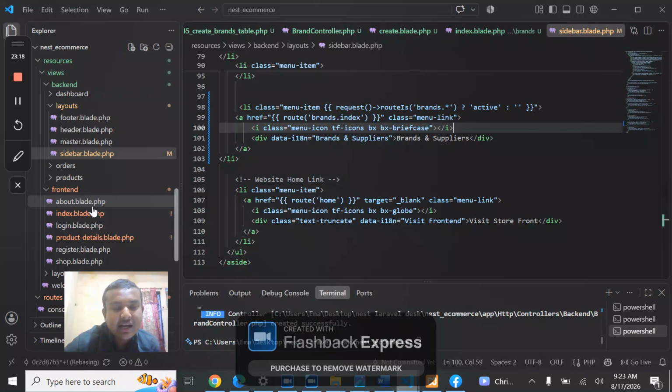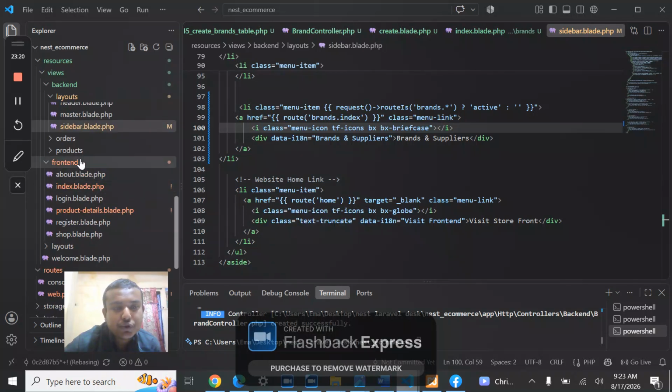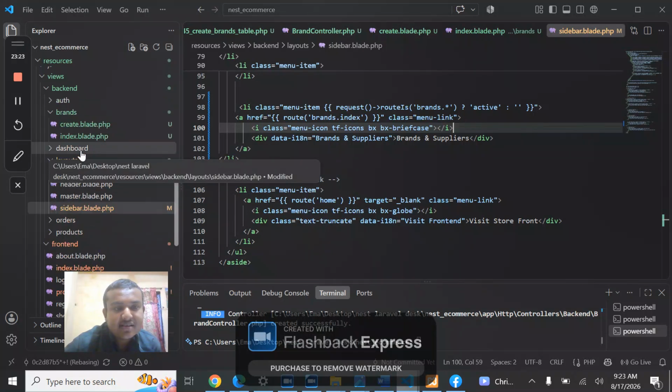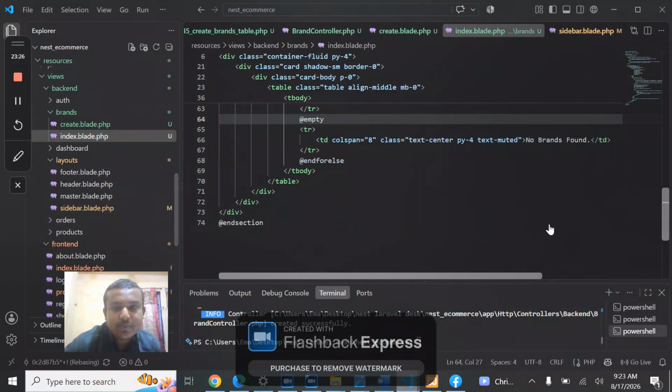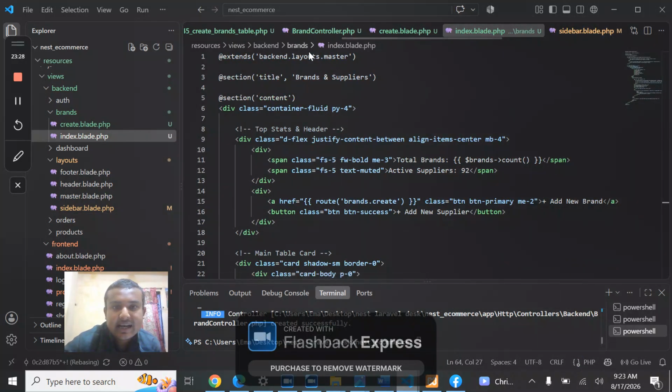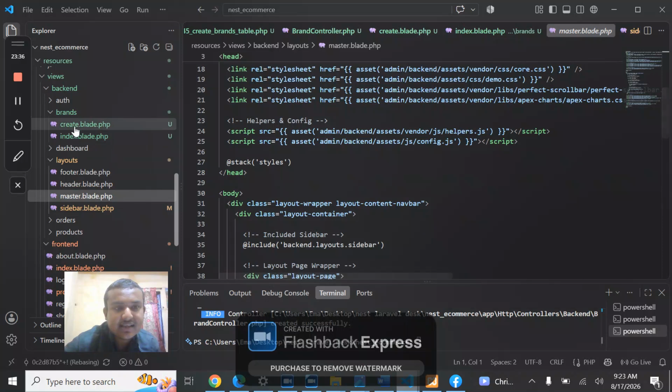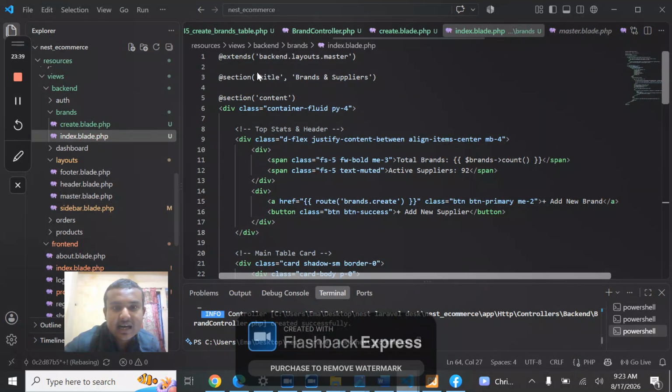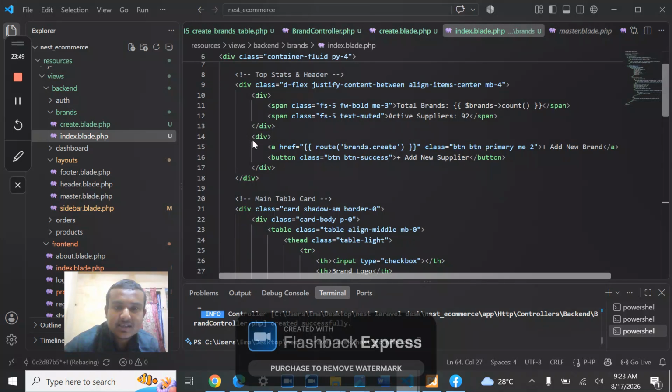And if I go to the bottom, I have copied and pasted it from the source code in the brands backend brands index.blade.php. What I have done here, I have included the layout master, backend layouts master.blade.php, in the brand section. After that, the title will be brands and suppliers, and section will be content. These contents are saved in the index.blade.php. The anchor link route is brand.create. After add new suppliers and clicking there,